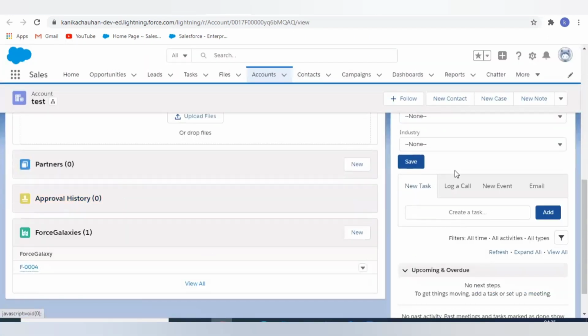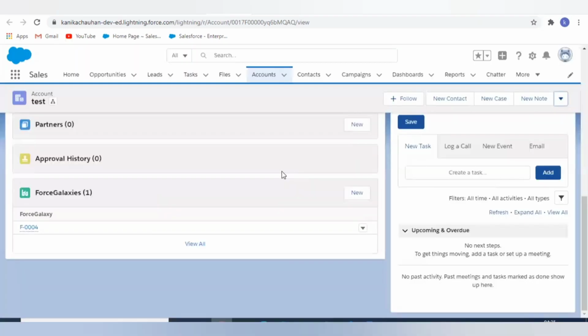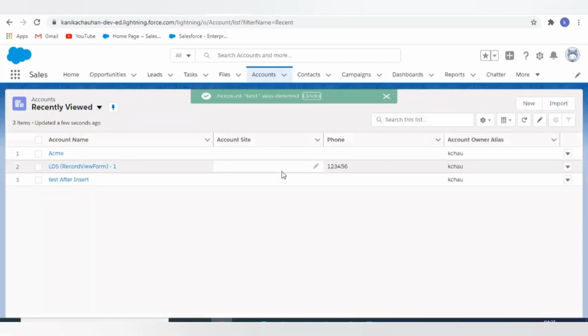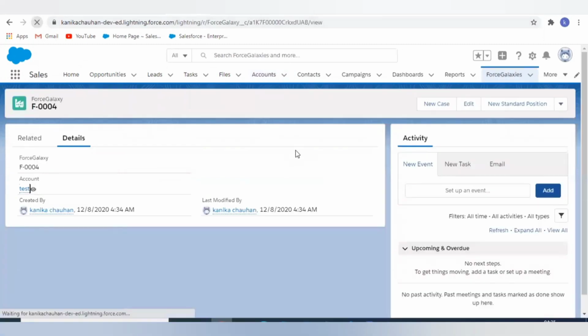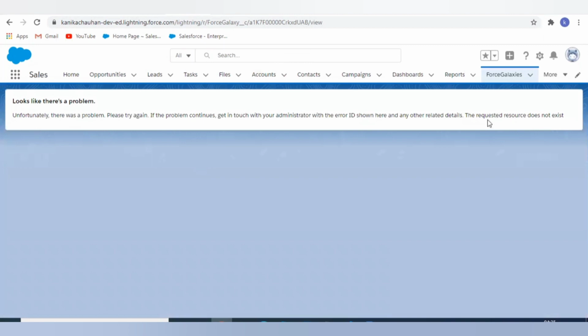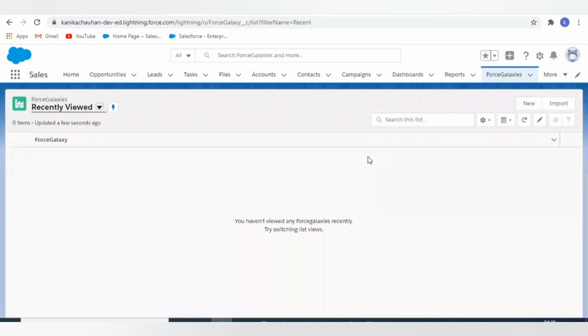Now in this case, my account is having this Force Galaxy 04, its child. I have deleted the master record. Now let's see whether its child record is deleted or not. Yes, it is deleted.